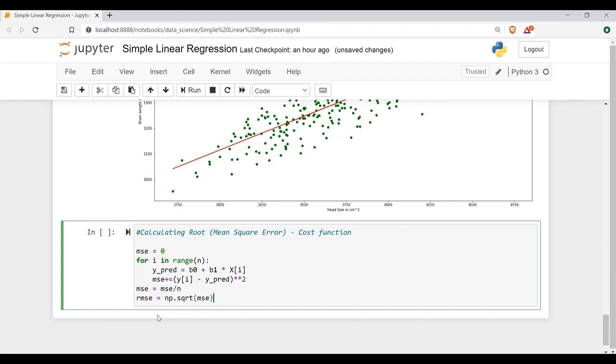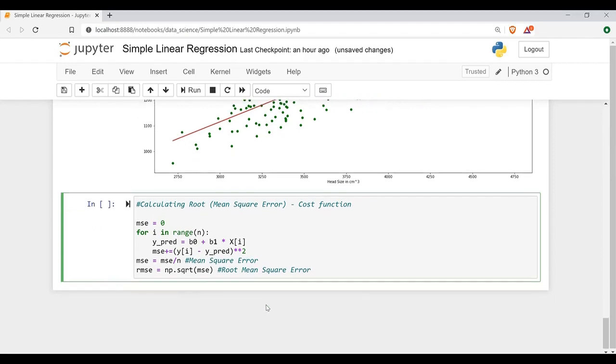So this one is the root mean square error, and this one is the mean square error. We have both.